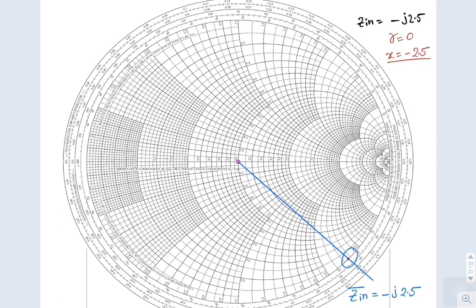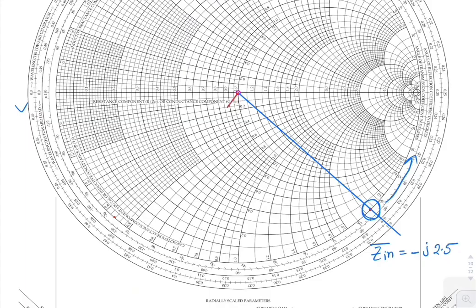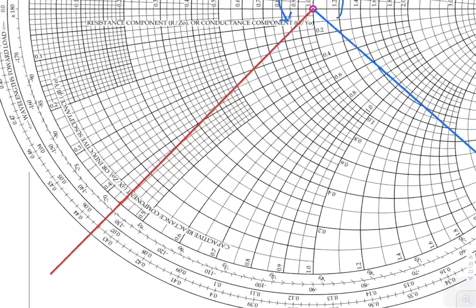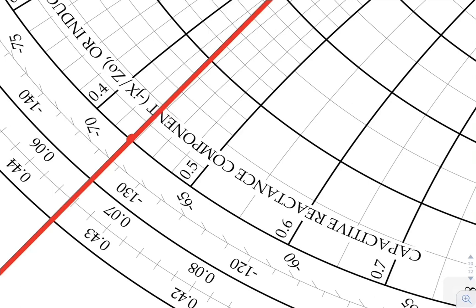From this input impedance, you have to move 270 degrees towards the load, meaning the anti-clockwise direction. 270 degrees in the anti-clockwise direction from this point is this line. So this angle is 270 degrees, and the corresponding value of x at this point is, this is 0.4, this is 0.5,